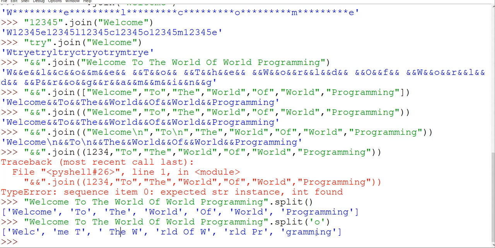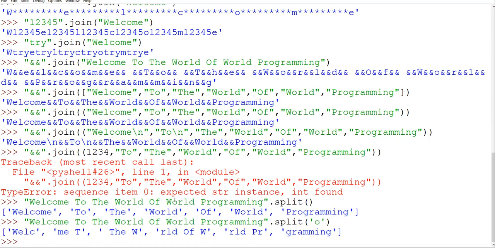Then the next and last function that we are having is the partition function. Now, what will the partition function do? First, we will understand one more thing about split. What split has done is it has split this particular string into a number of words.